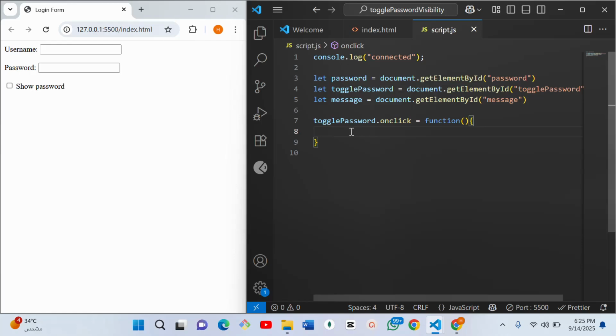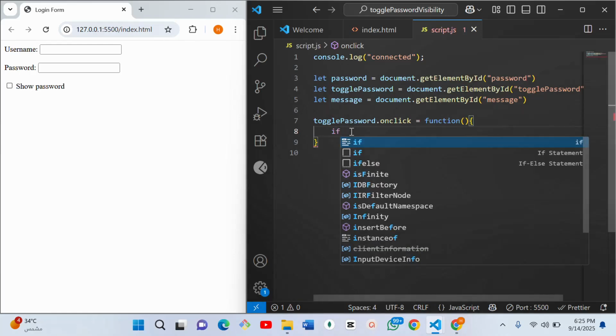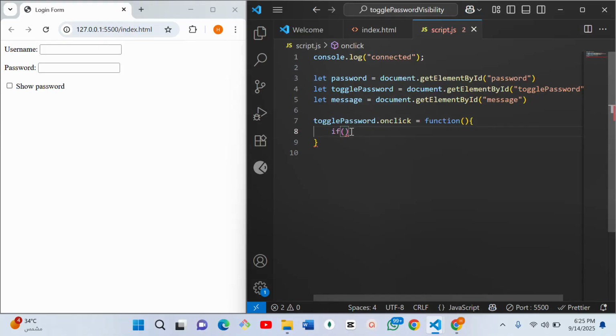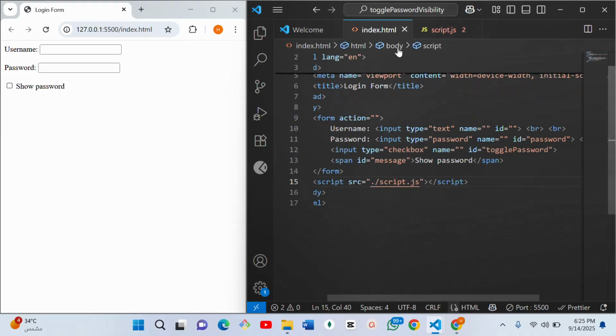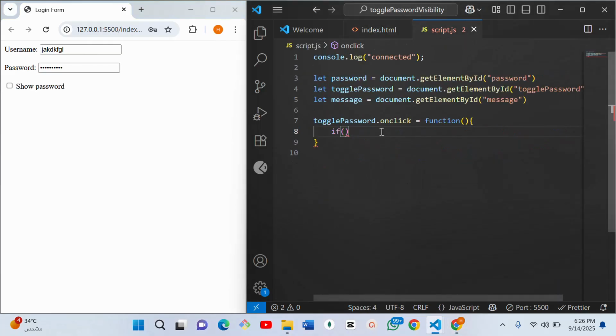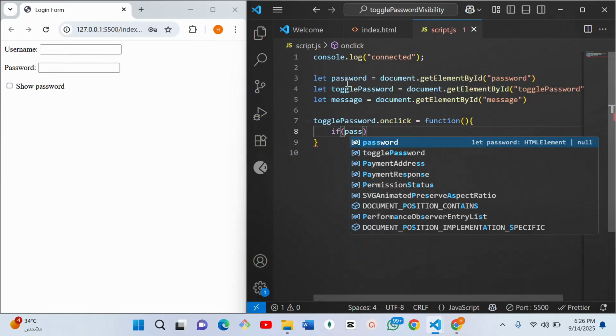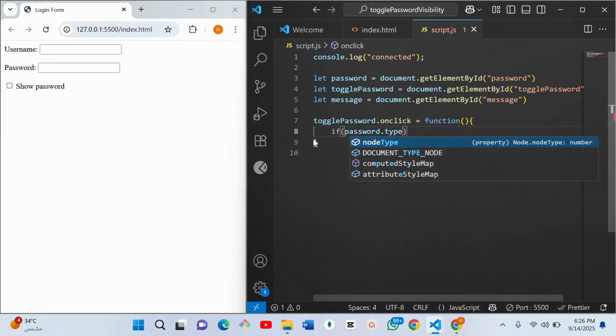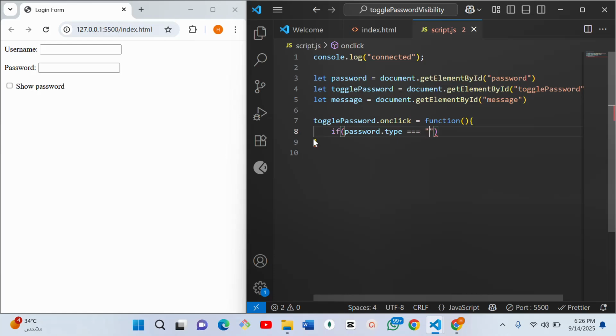So here we want to give it a condition. When you click on it, it should check this password here. It should check the password type. You see that the input we are using for password says type password, but username says type text. So for username, whatever we type inside it is going to show. But for password, whatever we type inside is not going to show on the browser because of this type. So it is this type we want to change now. We are saying if password, which we have selected here using document.getElementById, if password.type, that's how we get the type in JavaScript, is equivalent to password,